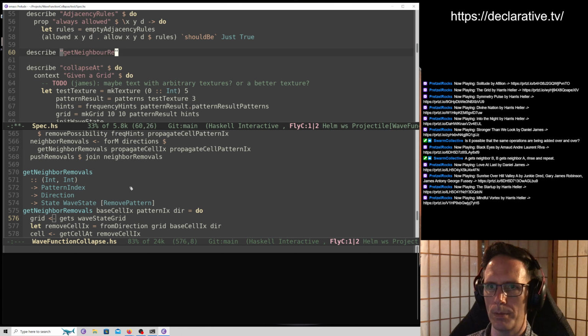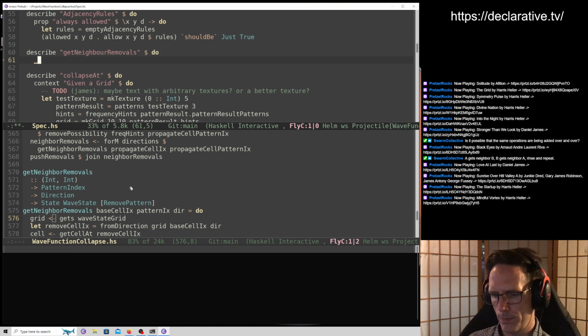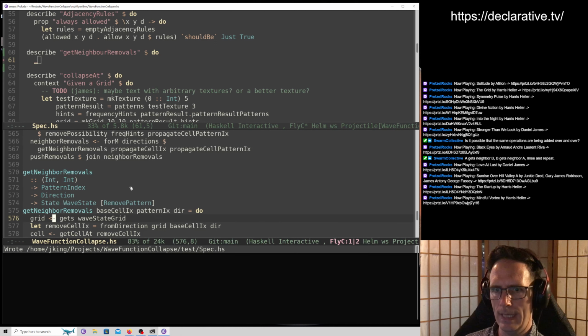In Get Neighbor removals, we get a base cell index, a pattern index, and a direction. Returns a list of patterns to remove. What we want this to do,